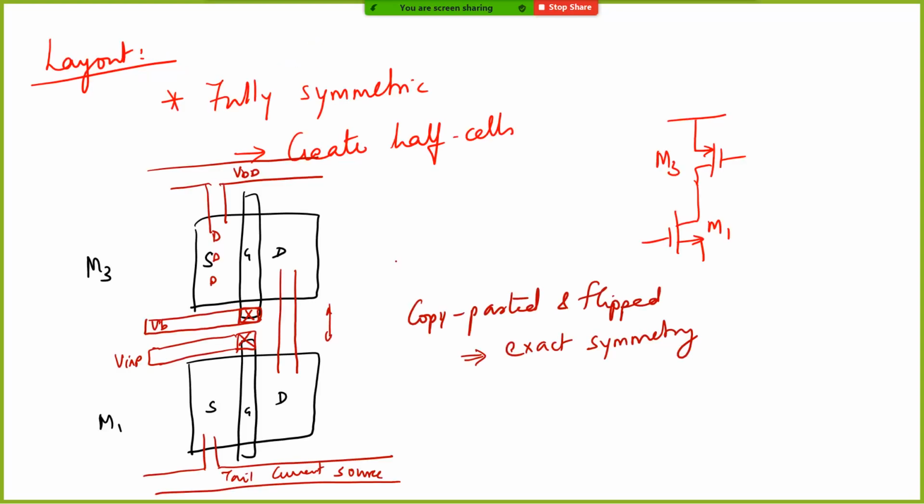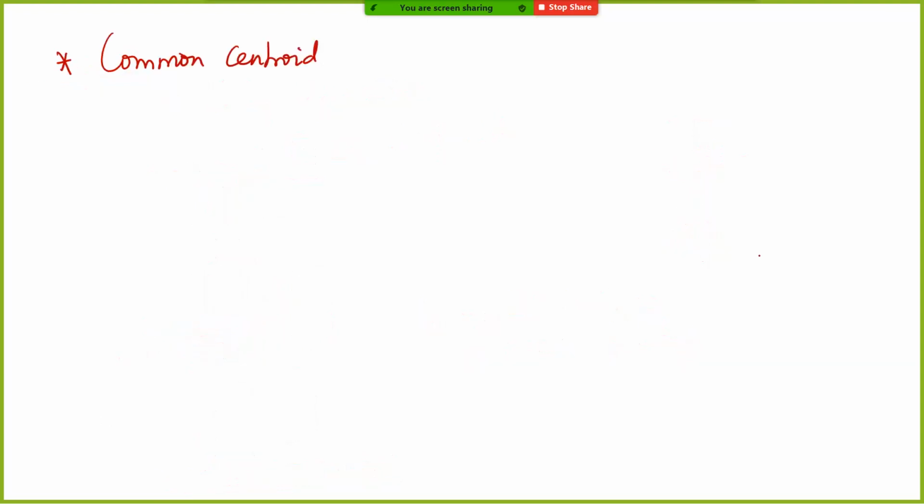You use common centroid layout. Now I just used a single transistor here, where let's say this M1 is given by, let's say the width of the finger is equal to 500 nanometer. Number of fingers, earlier I used one. Let's say I'm giving a different thing. Number of fingers is, let's say 4, and multiplier is 2. Of course, channel length is, let's say 16 nanometer.